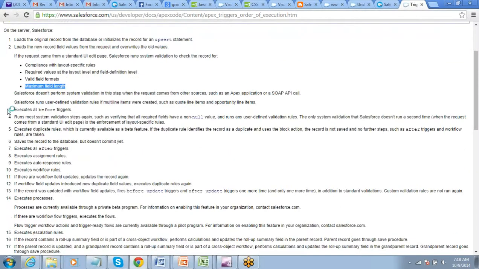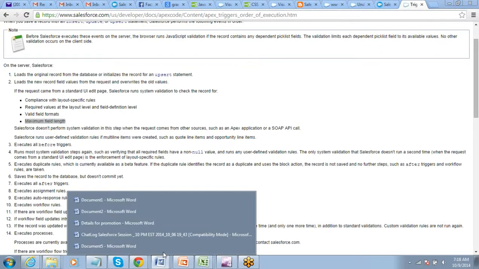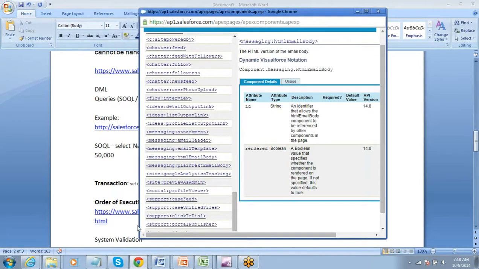So if this list looks a little longer, let me cut it short for you. So the first thing that happens in a DML is system validation, all system validation, right? As I told you, it will check the fields and all those things. Are you entering the right kind of values? That is the first thing that's checked.